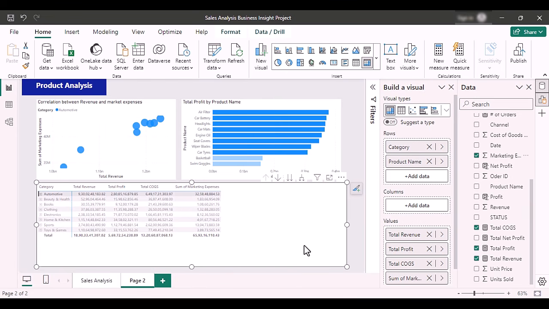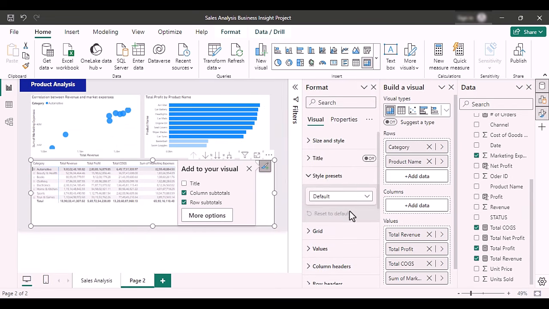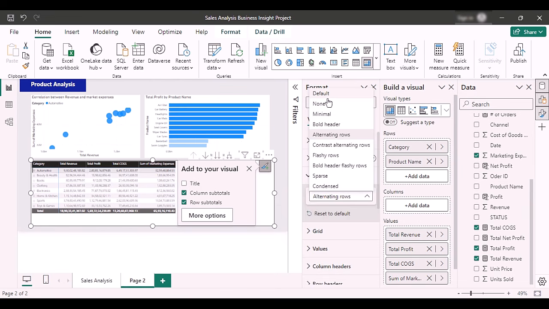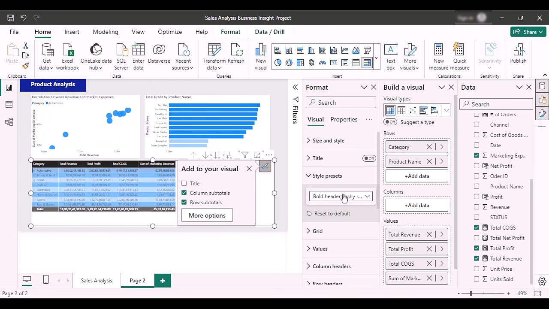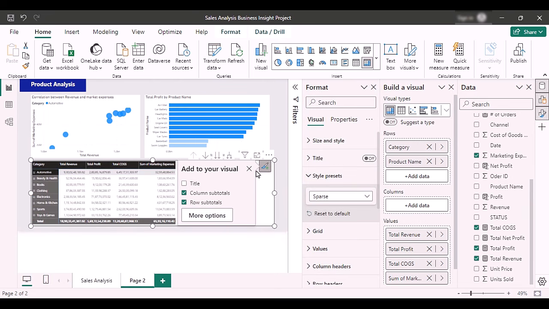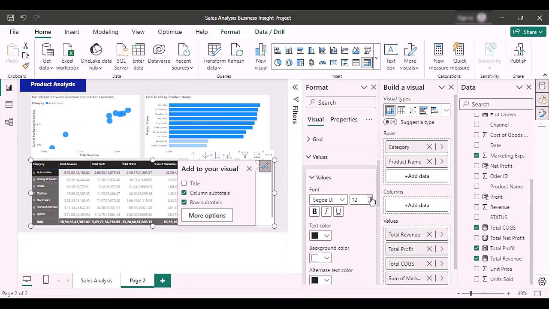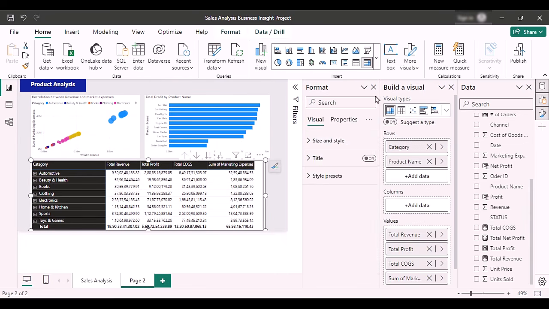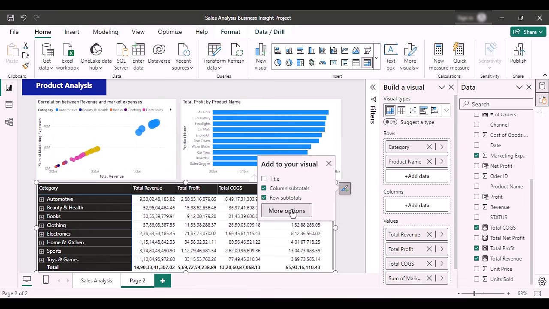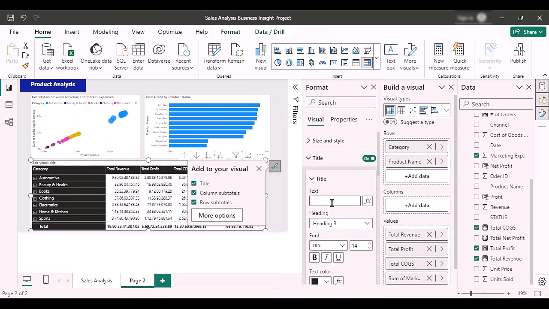We need to format this table. We can go to more options, we can go to style preset, and from there we can select our style preset. So let's choose the best one which will look good according to our data. Now let's increase the font size of our values also. We have added a matrix which is going to show us the cost analysis and cost breakdown, and for this visual we are going to add a title also. So let's add a title. This is actually cost analysis and